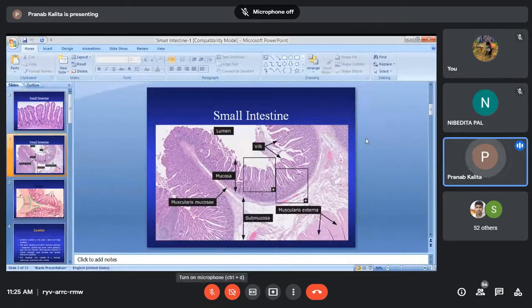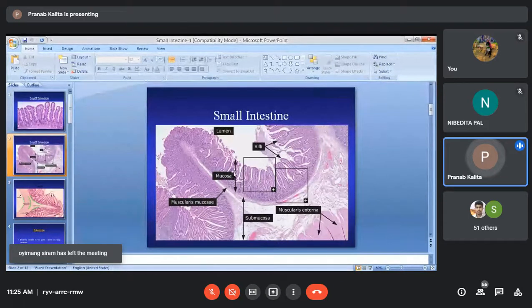So here this is a schematic, because as I have told you, in the intestine you will find all the layers of typical tubular organs. That means all four layers: the mucosa, simply the tunica mucosa, then the submucosa, then the tunica muscularis, and then the serosa. In the intestine also you will find serosa, because it is within the body cavities.